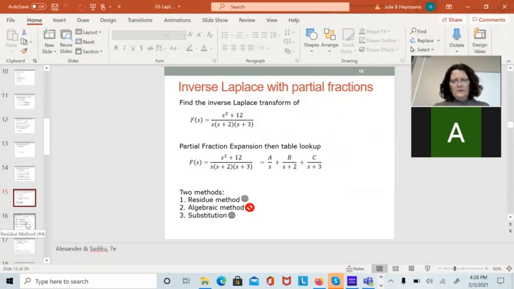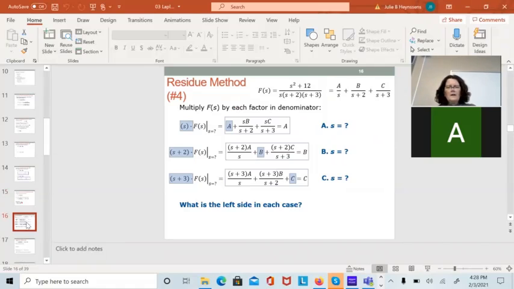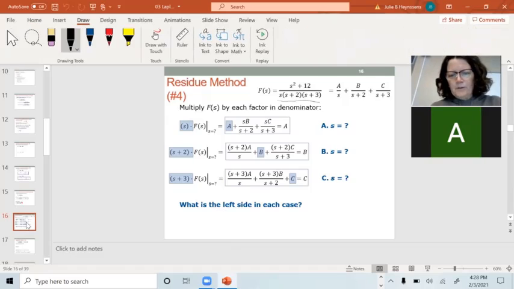Okay, so we just finished up with this one. So the way to do this residue method, what I do is I've got some F of s. That's this big messy formula over here. I know it's going to be some constant A over s plus some constant B over s plus 2 plus some constant C over s plus 3. So if I multiply this whole expression by s, by this factor right here, and evaluate it where that term goes to 0,